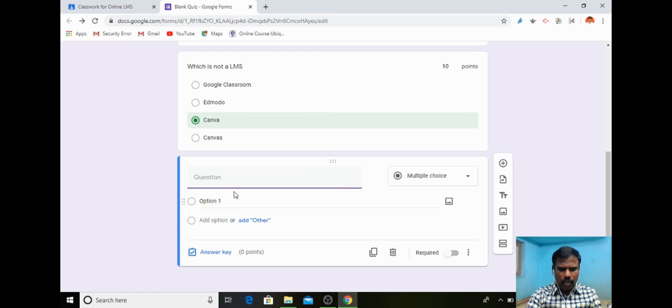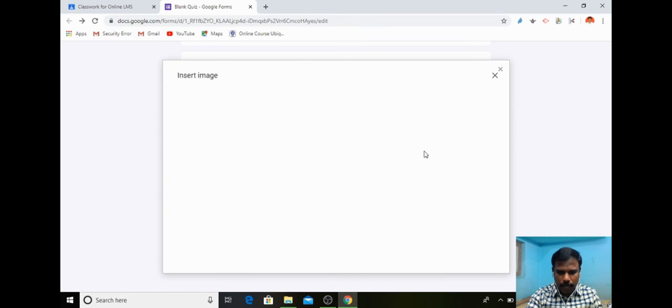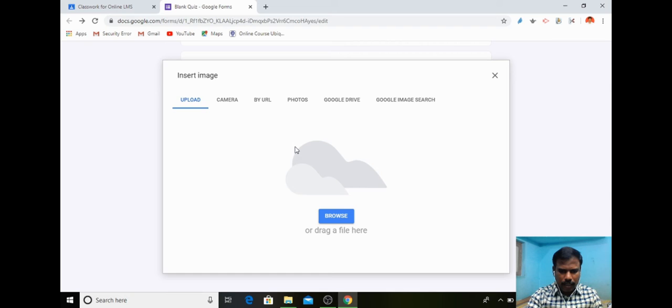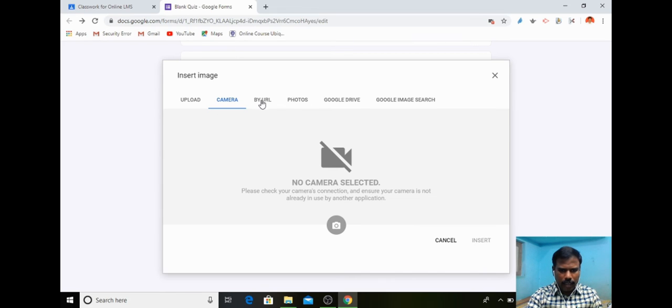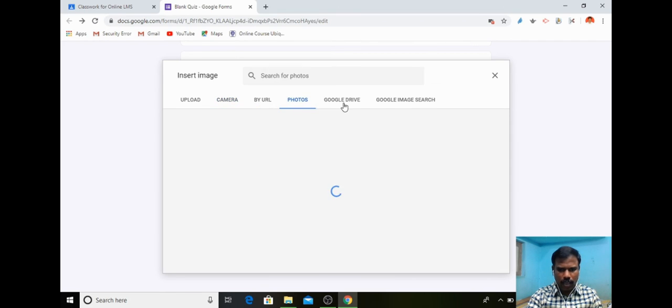So instead of asking a text question, I can make an image a question. So here you can see the icon. For example, I can use photos or Google Drive, so it will show the list of files available in Google.